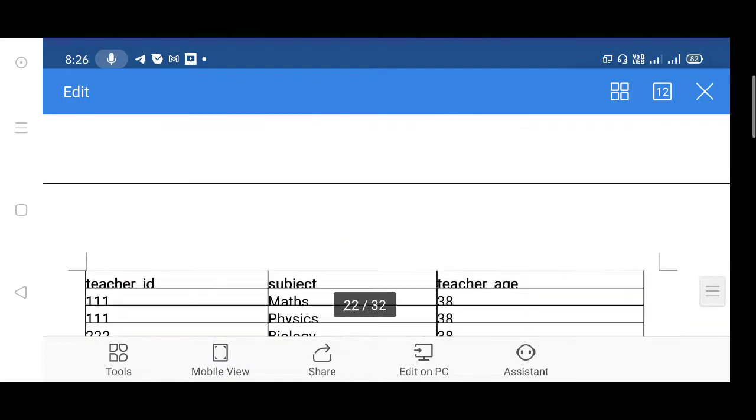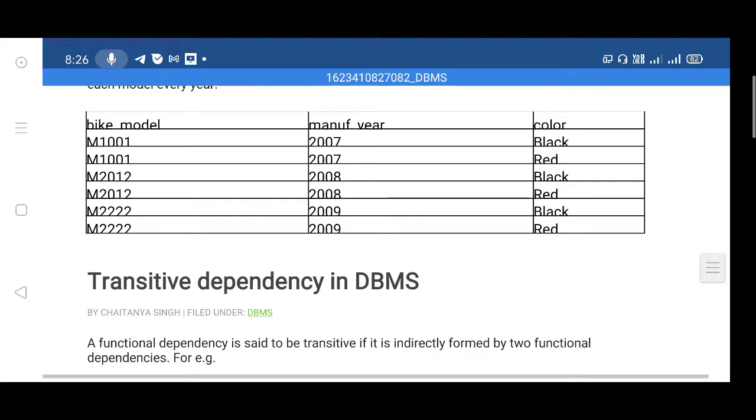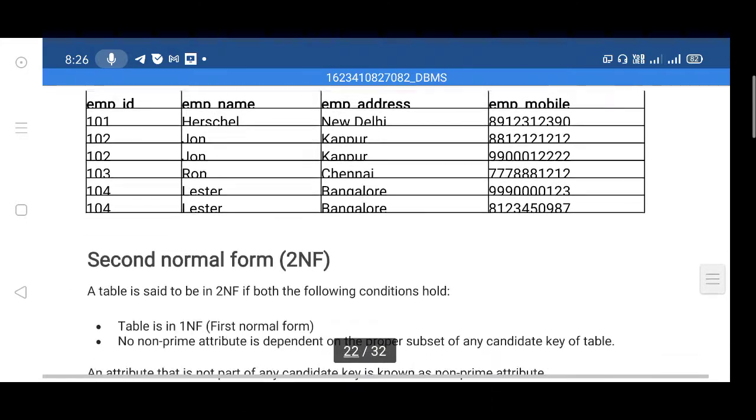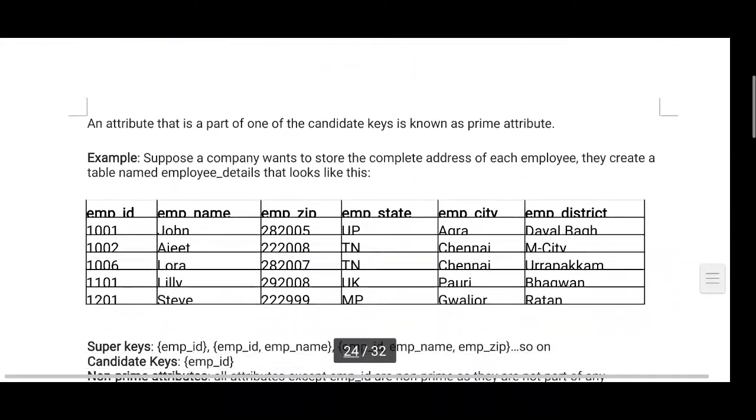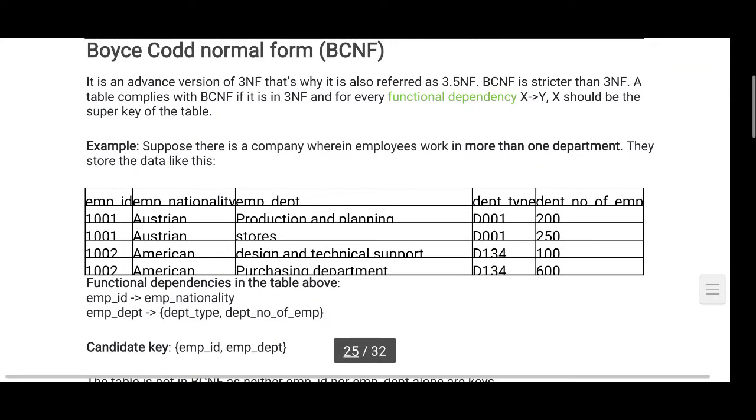Here we have normalization, BCNF. The BCNF, Boyce-Codd normal form, is the advanced version of third normal form.